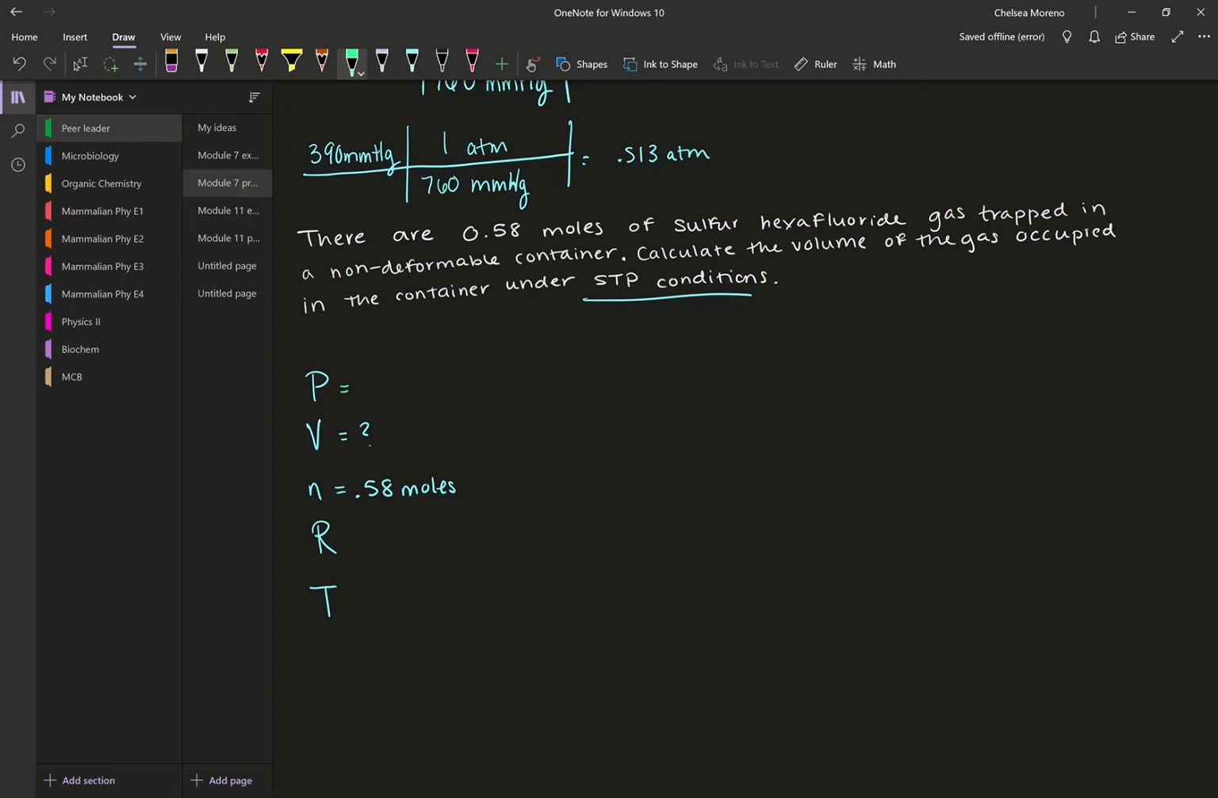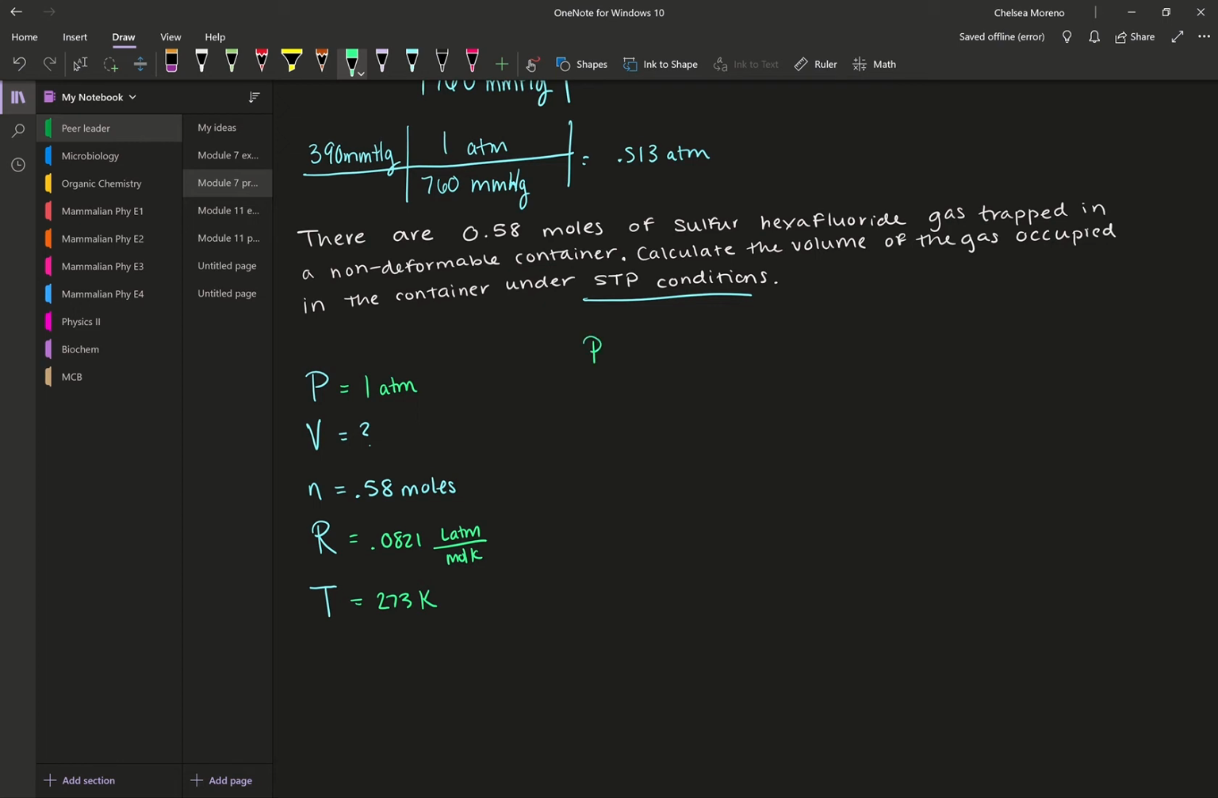So we know pressure at STP is 1 atmosphere. We know our constant is always the same, 0.0821 liter atmospheres per mole Kelvin. And then we know our temperature is 273 Kelvin. So all that's left now to do is find the volume. So we can say, okay,